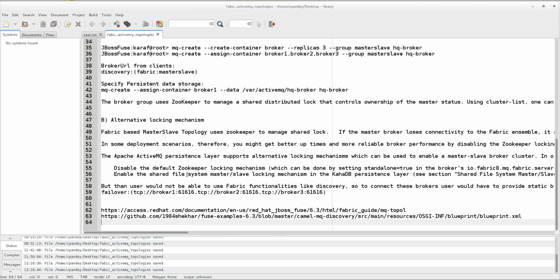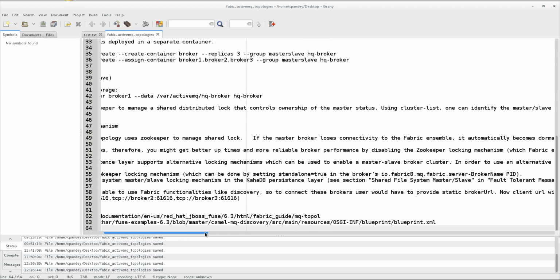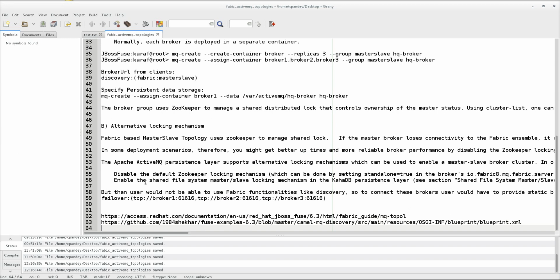And enable the shared file system master slave locking mechanism in the KahaDB persistent layer. The second thing is you have to enable the shared file system master slave locking. You can enable it using the official Red Hat documentation or the ActiveMQ community. So with the shared file system you have two brokers and you have a shared KahaDB.